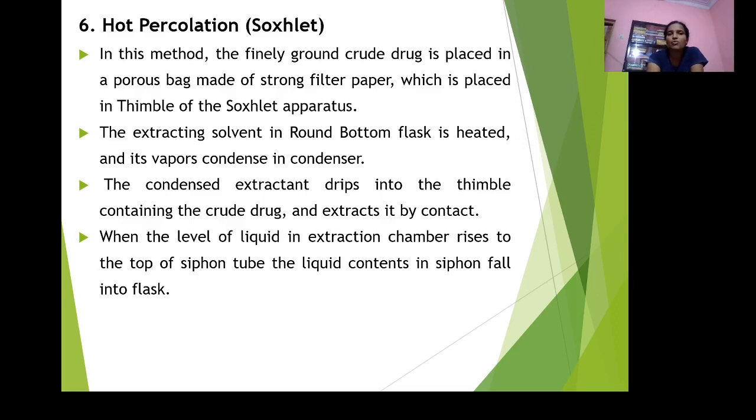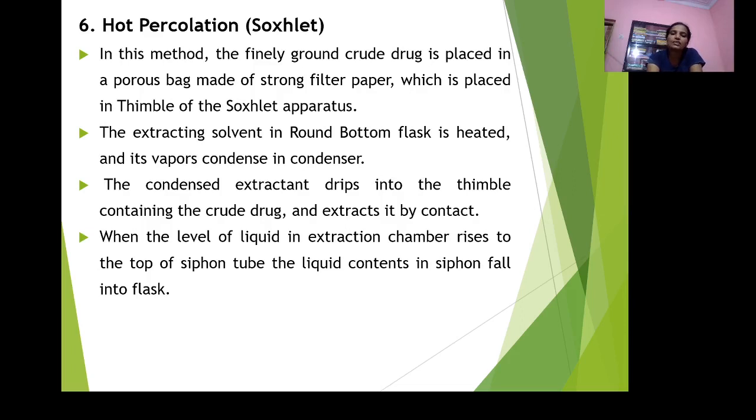That bag should be made up of cellulose type of material, or cellulose cup bags are also available in the market, that should be used for this process of extraction. Or if that is not possible, then filter paper bags can also be used, and also a muslin cloth can be used for the preparation of the porous bag. Then inside that bag, the required amount of drug, maybe 300 gram of drug, should be accurately weighed, and then it is packed inside that porous bag, and that porous bag is placed inside the thimble part of the Soxhlet apparatus.